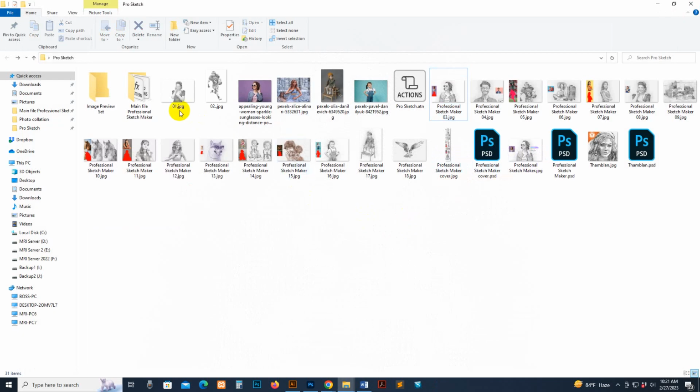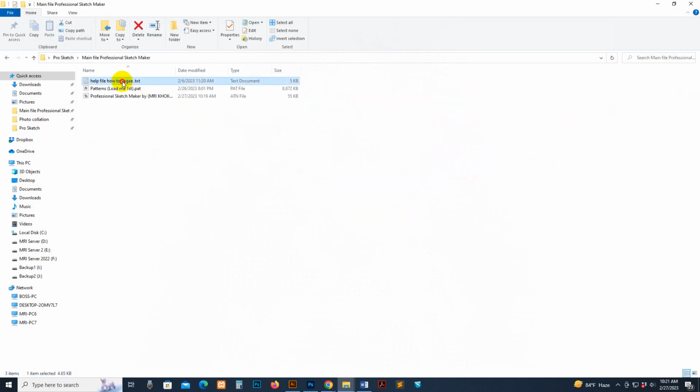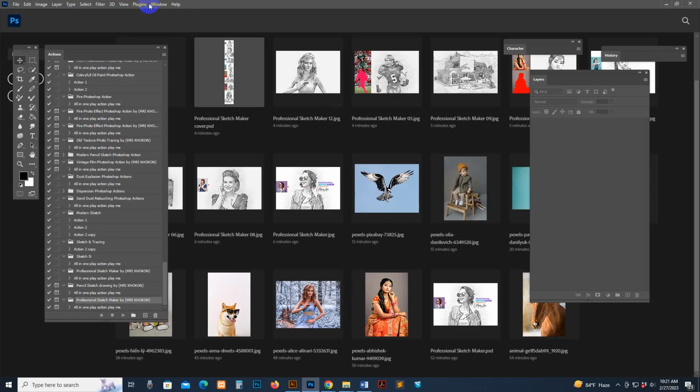Okay, first go to my download file, the main file. You can read the file if needed. There is some information included. This is the pattern, you need to load it, and this is the script. So first load the pattern: select it and double click your mouse, then it's loaded into your Photoshop automatically, or you can